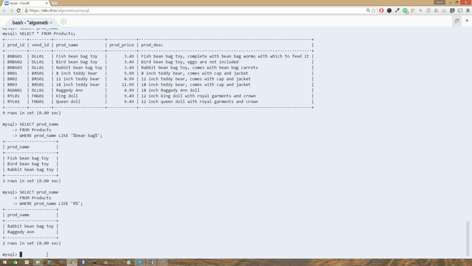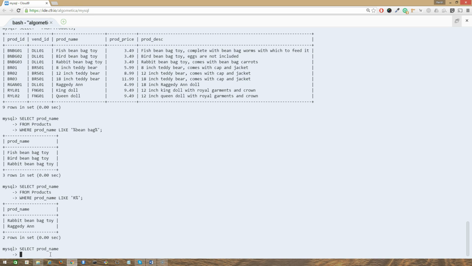What if you want to select all the products that do not contain the beanbag in their name? Again, if you want to select all the products that do not contain the text beanbag in their name, how would you do that? You can use something called a NOT keyword to select all those records. And this is how we will do that. It's pretty simple. Select product name from products table where